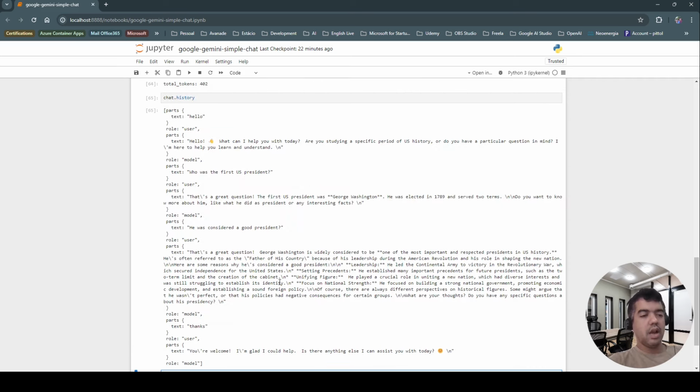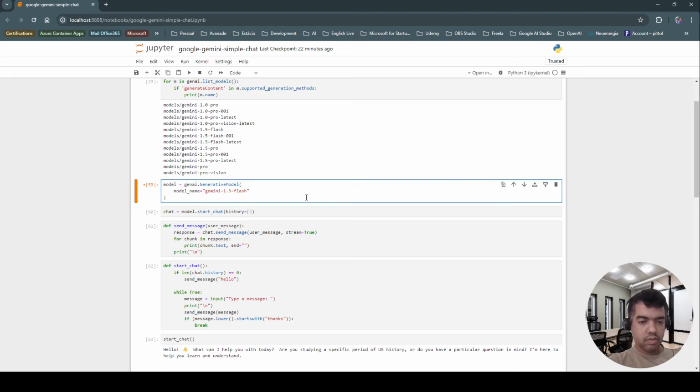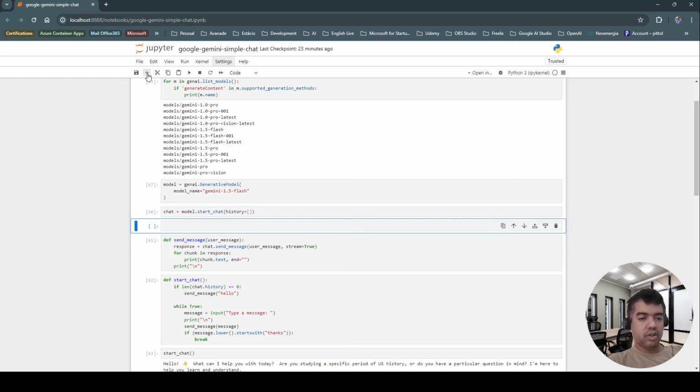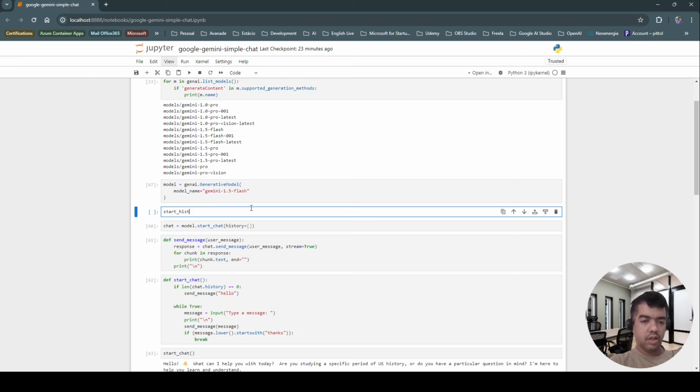Okay, another example we can explore is starting our chatbot with a conversation history. Imagine that you are developing a chatbot and you want to save the conversation to restart at another time. So you can use the history parameter for that. Let's go. I'm going to remove this content. We're going to add a start_history variable. Start history equals, and it needs to be initialized similarly to what is returned by chat.history.